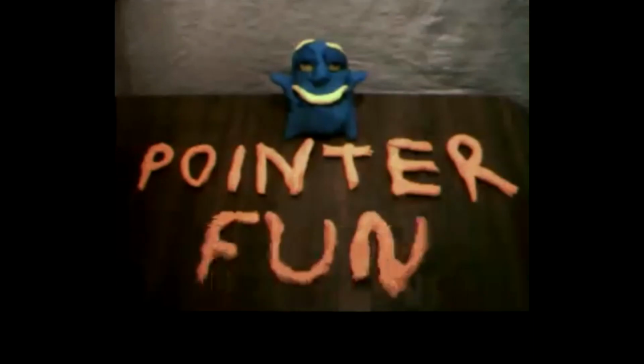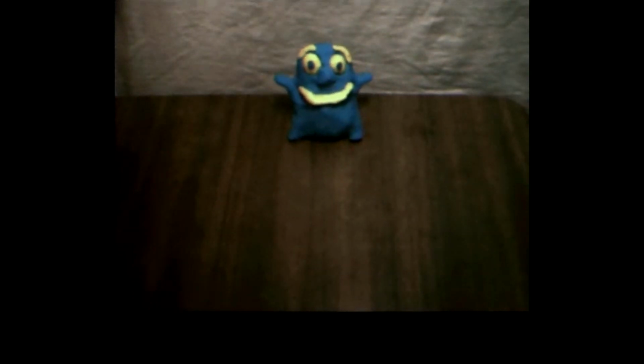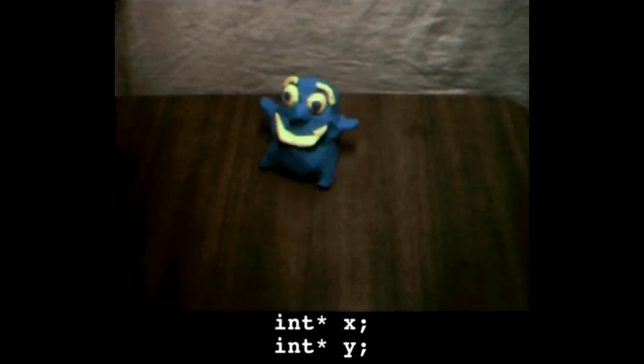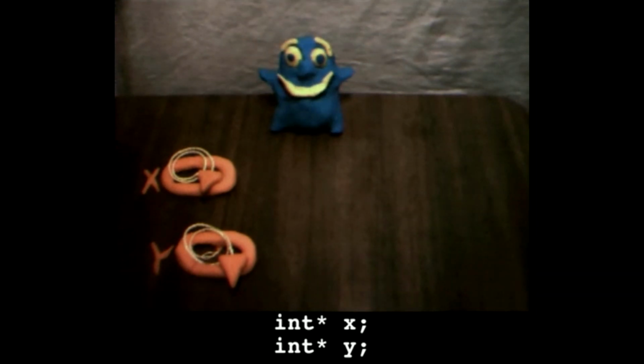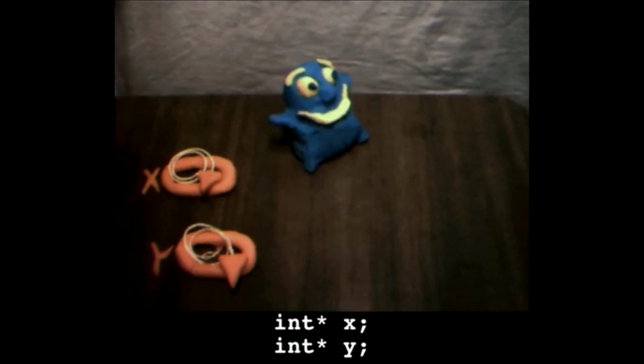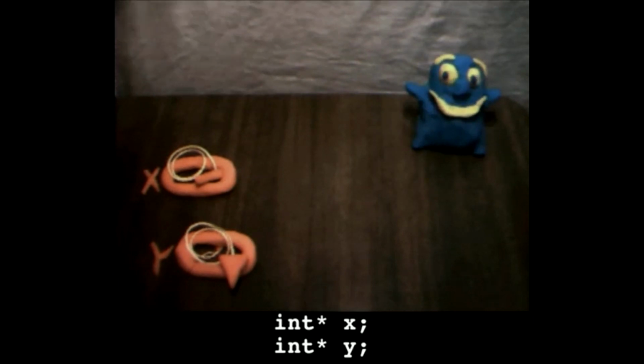Hey, Binky, wake up. It's time for pointer fun. What's that? Learn about pointers. Oh, goody. Well, to get started, I guess we're going to need a couple pointers. Okay, this code allocates 2 pointers which can point to integers. Okay, well, I see the 2 pointers, but they don't seem to be pointing to anything. That's right. Initially, pointers don't point to anything. The things they point to are called pointees, and setting them up is a separate step. Oh, right. I knew that. The pointees are separate. So, how do you allocate a pointee?